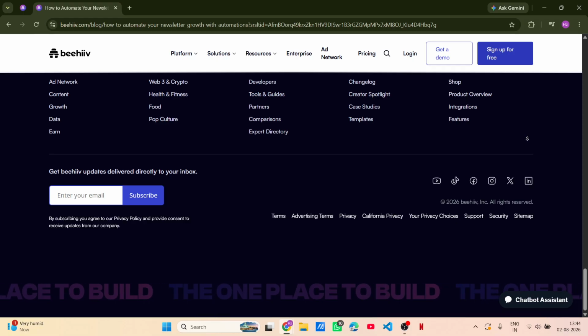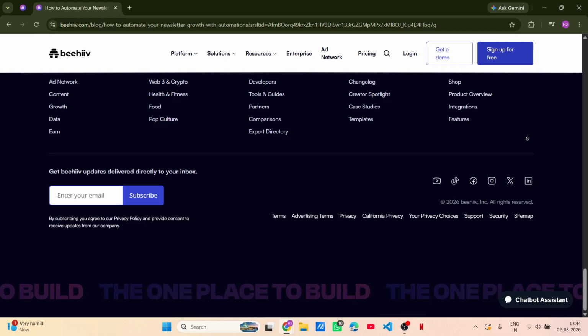And that's it. You've successfully set up an email autoresponder in Beehiiv. This automation tool will not only save you time, but also help you build better relationships with your subscribers through consistent